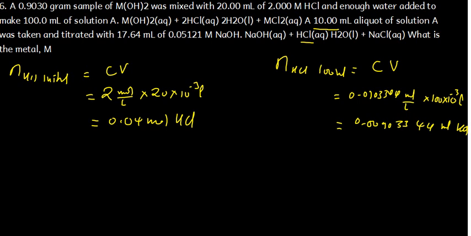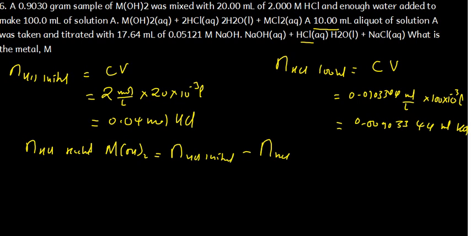Alright, now if this is what reacted in the second reaction, and this is what was present initially, how much then reacted in the first reaction? So the number of moles of hydrochloric acid that reacted in this first reaction, and that reacted with what? MOH2 is going to be given by the number of moles of hydrochloric acid initial minus the number of moles of hydrochloric acid that reacted with